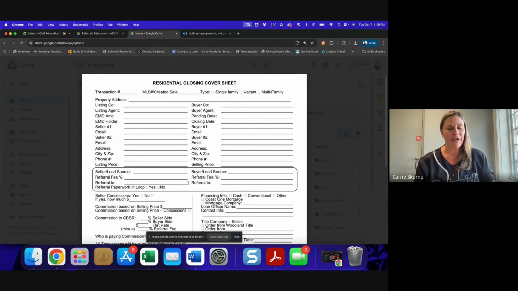If you have an agent, and I know this never happens in our offices, but if you have an agent that doesn't fill out the closing cover sheet, but they have a referral agreement in the loop, we're going to ask that you put that information on the closing cover sheet and then go through the flow with the referral. That way it goes to all the parties that need to have it, and they can decide if it's for Paulette and it's departmental, that's great. She'll have what she needs. If it's non-departmental, she'll be able to put the notes into Darwin Cloud. The regional commission specialist will then know what they need.